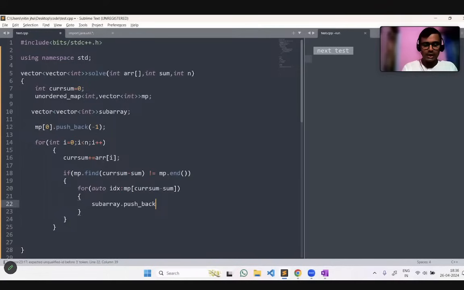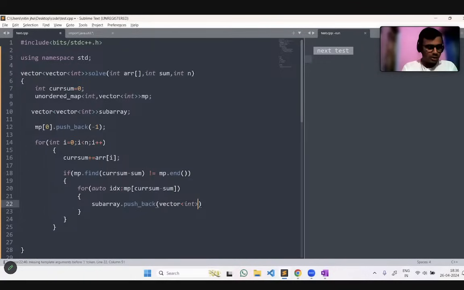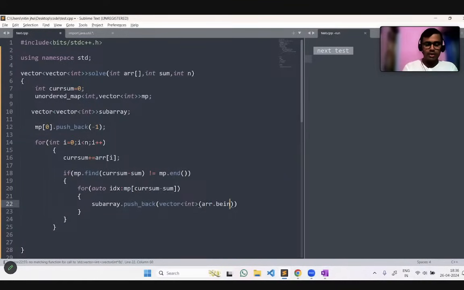Subarray dot push back, and inside that push back we have to push back another vector, and the vector we are pushing will start from array.begin plus idx plus 1. Array.begin will be the first element, and after that we will move to the idx, and from the idx the next element is the first element of the desired subarray.